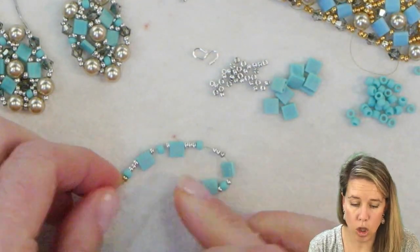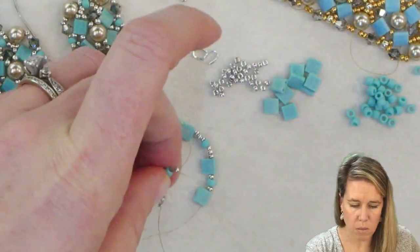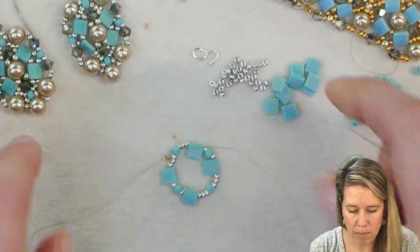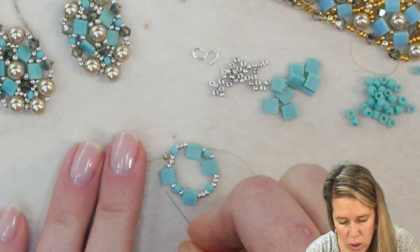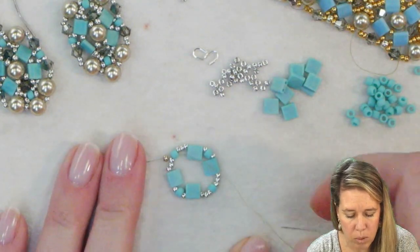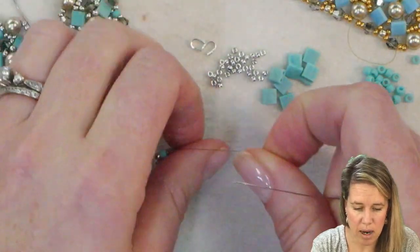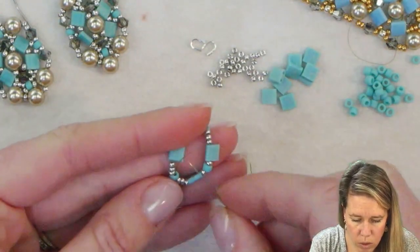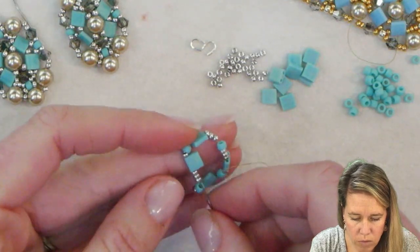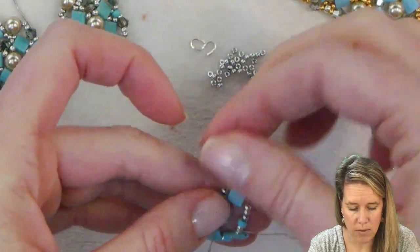This is going to help to close up our box, going back through that first original 8/0 seed bead. You can see here how it's really wide open. Those Tilas are going to then get pushed to the middle as we progress along the bracelet. So what we're going to do instead of stepping up is we're going to actually step down. So I'm going to go back through those first 11/0 seed beads that I added, back through the first Tila, back through the combo of 11, 8, 11,